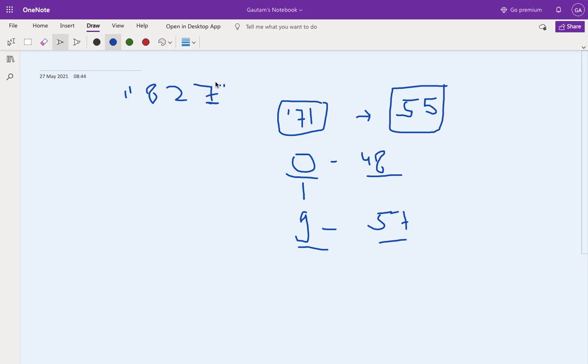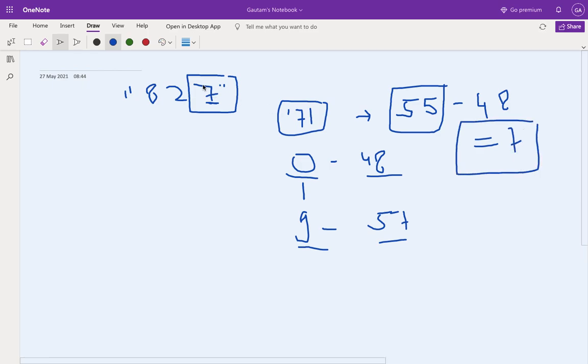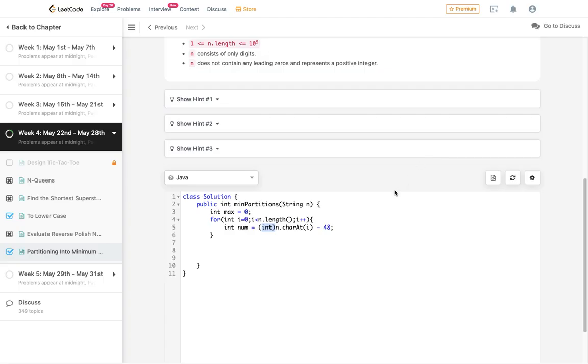Let's say the character is 7. We'll subtract the ASCII value of 0, that is 48, and we'll get the exact number of that character. So the character 7 minus 48 gives the number 7. That is what I've done here. Now we need to find the maximum.